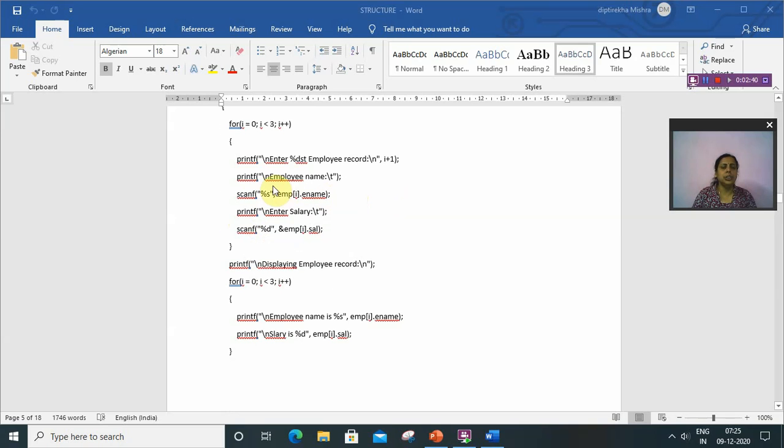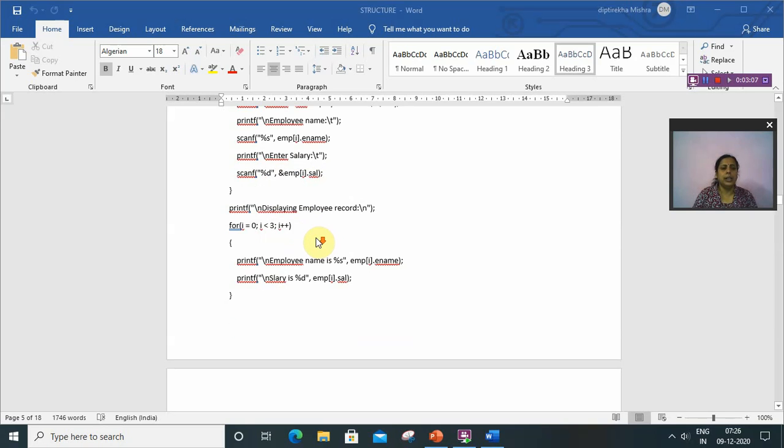Then the user is asked to enter the employee name that is stored in emp[i].ename. Generally we will write emp.ename, but in an array we have to specify the index, emp[i].ename. Then for salary, enter salary, then %d and ampersand emp[i].salary.